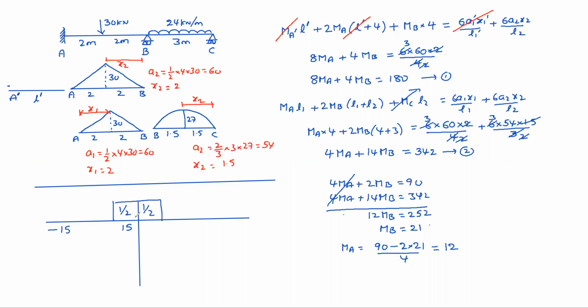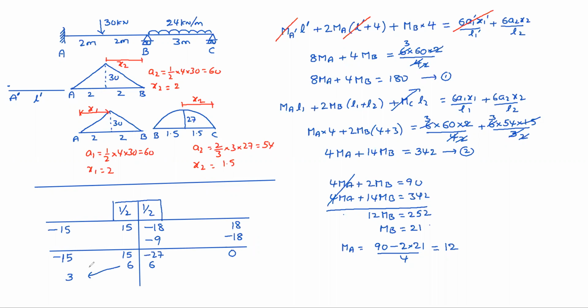This one WL square by 12. That means L square, 3 square, 9, over 12 means 18. Minus 18 plus 18. Release it here. Minus 18. Minus 9. Now minus 15, 15, minus 27, 0. So the imbalance is 12, minus 12 more. 6 we need to add. Carry over here is 3.